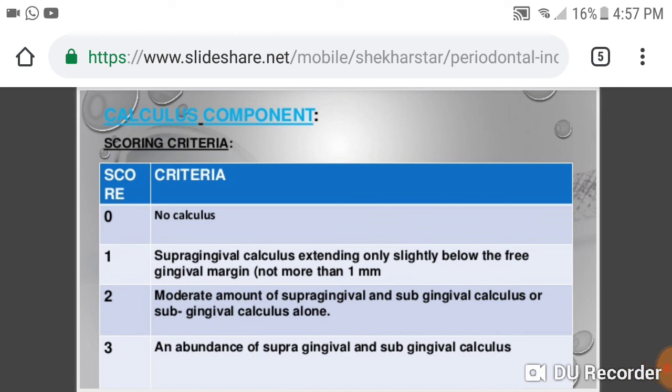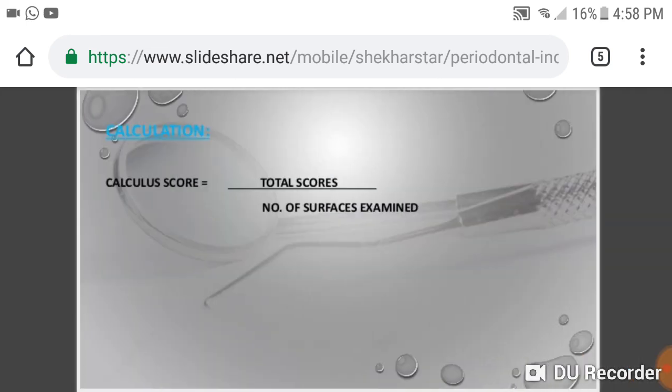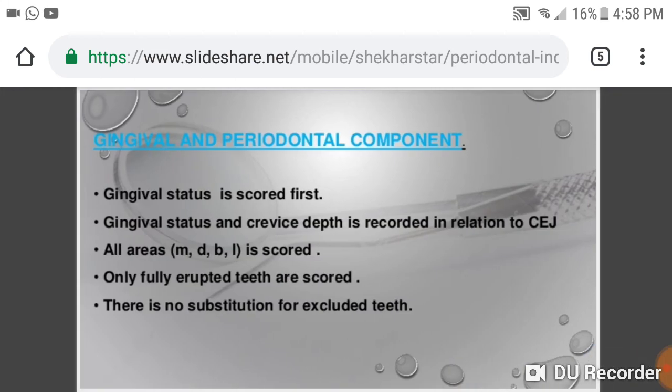Score 2, moderate amount of supragingival and subgingival calculus or subgingival calculus alone. Score 3, an abundance of supragingival and subgingival calculus. The calculation is calculus score is equal to total score divided by number of surfaces examined. The gingival and periodontal components. Gingival status is scored first. Gingival status and crevice depth is recorded in relation to CEJ. All areas